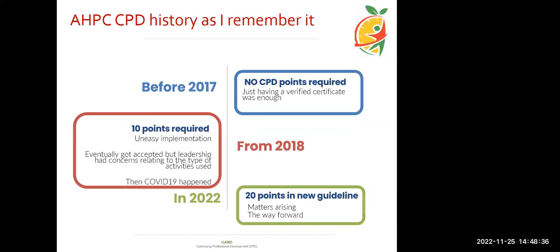So before 2017 or thereabout, we really didn't require CPD points because, number one, the council, particularly before 2013, did not exist. The only reason why you are a nutritionist or a dietitian is simply because you have a certificate in either one of them, and you have been employed in a facility, or you hold yourself as same based on your certificate. So that is how come even now there are people who will continue to call themselves nutritionists because they are still living in that era where they've not come to the appreciation that there is regulation